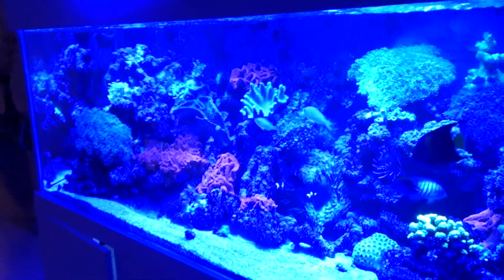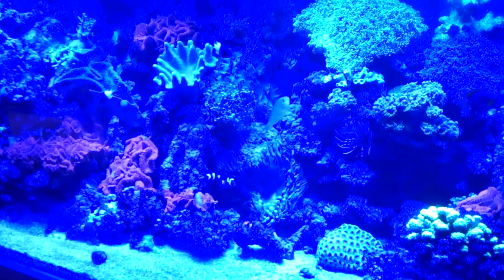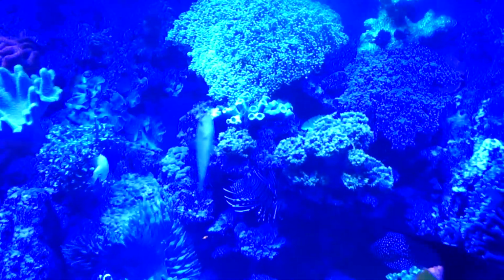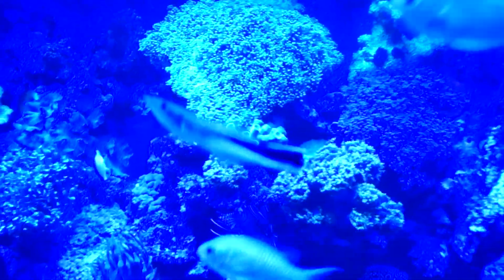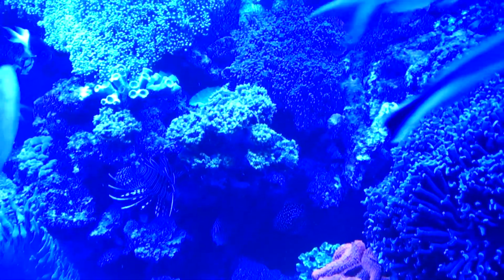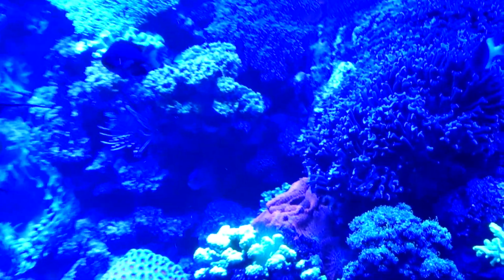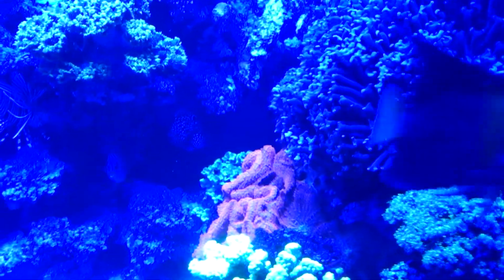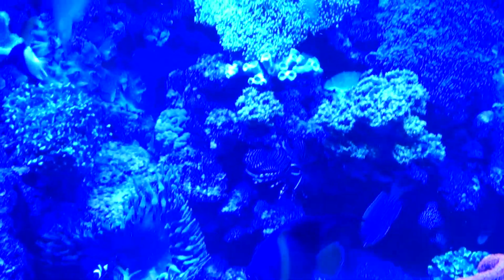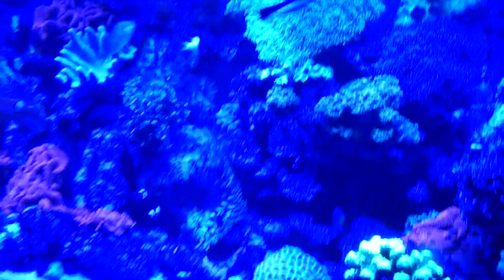And you get this very interesting, eerie effect when just the actinics are on. And it's almost like that in the wild. In the wild, when the sun comes up in the morning, the ocean looks really blue. And the reason why the ocean looks really blue first thing in the morning is that the blue is the main penetrator. It's the main colour spectrum that really penetrates through the water. So therefore, mainly blue goes into the water, so therefore the ocean looks really blue, because the blue will reflect